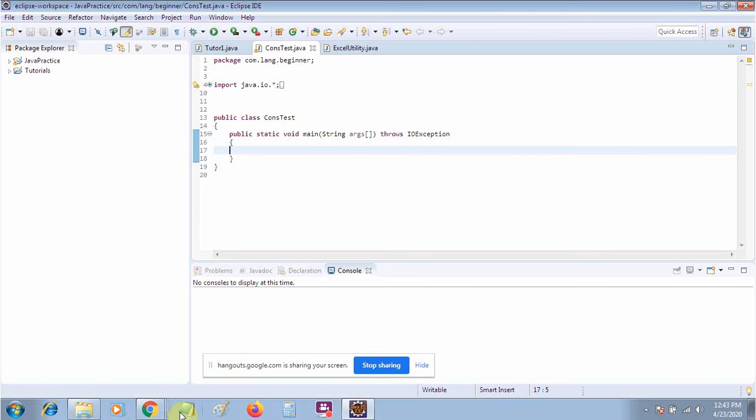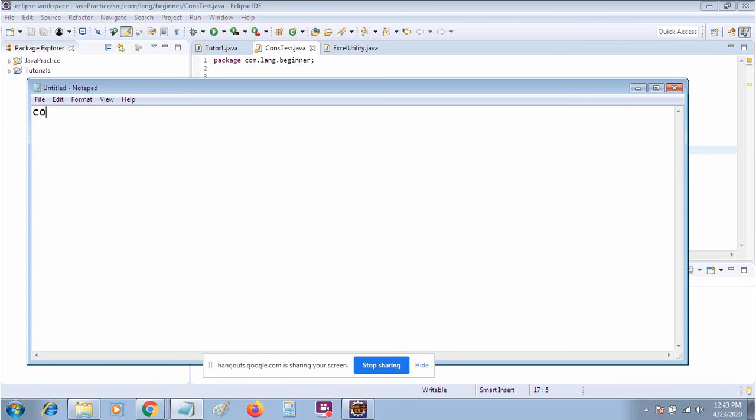So there is a very good intro question: what is the difference between Collection and Collections? Both are very confusing terms. As the name says, Collection means it will collect, or it will have a lot of things, like a lot of data types. Collection basically provides you a way to store the data, to manipulate the data, to fetch the data, to modify the data. These all things it will provide.